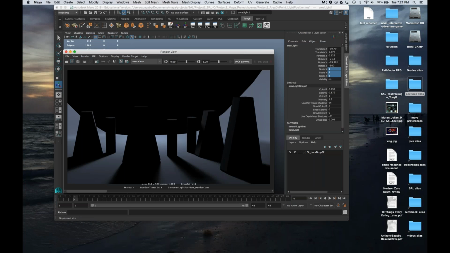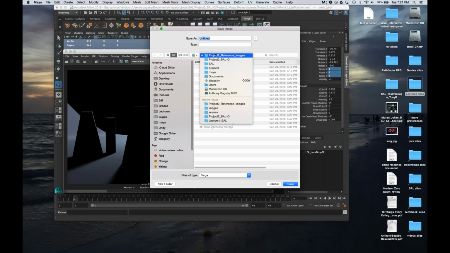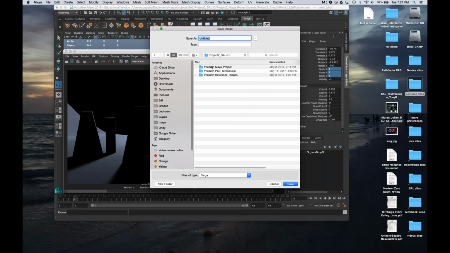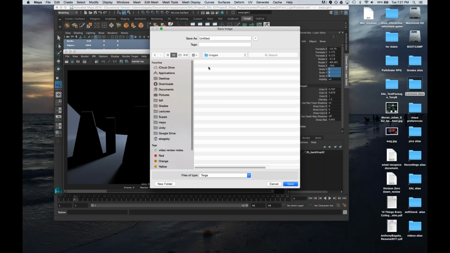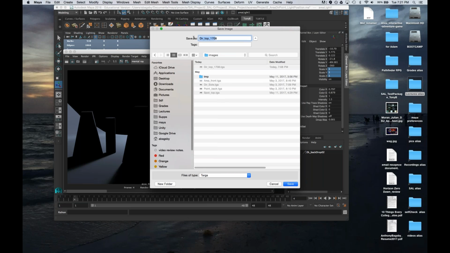So let's save this. What was this? Area back 1708.